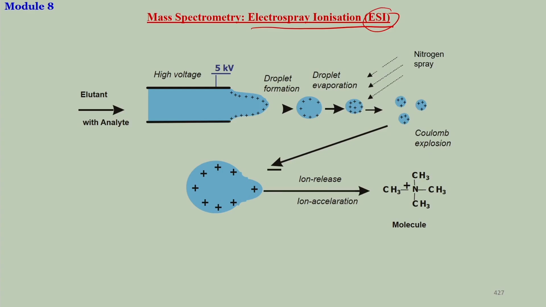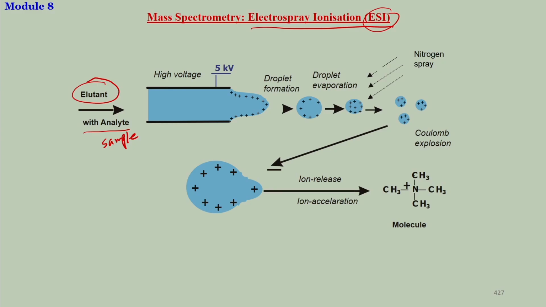So, you have your sample in a liquid form here with analyte. Your eluent means the solvent, with analyte, your sample compound that you want to analyze, mixed with the solvent,